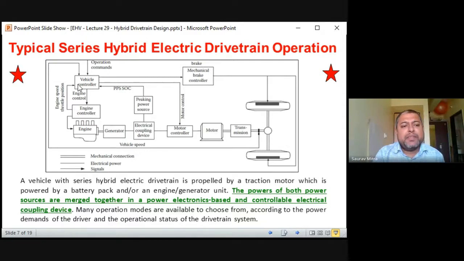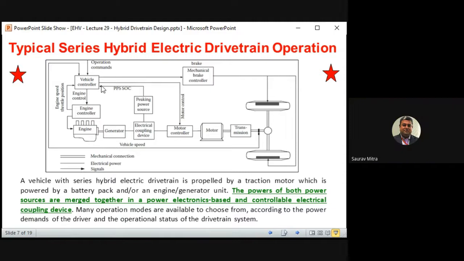So this diagram is very important. This diagram and explanation can be asked for a 10 marks question. You have to draw this big diagram. Though this is the main part of energy propagation, other parts also you have to explain. Other parts means what the vehicle controller is: you have to say this is the main brain of the system and what all things it is controlling. It takes the command input and gives the command to the different related parts. If a brake command is asked from the vehicle, the vehicle controller gives the brake command to the mechanical brake. Then if more acceleration is asked, the vehicle controller takes the command and gives it to the engine controller.